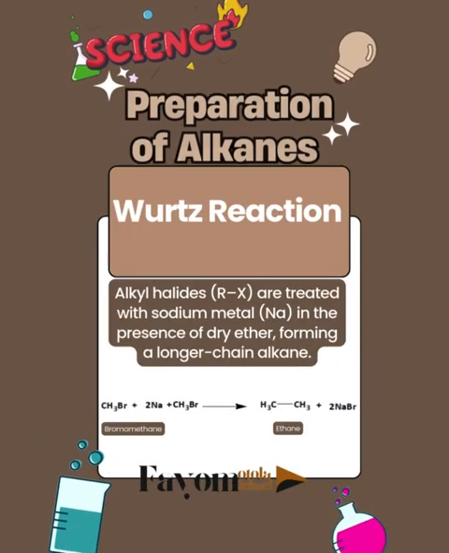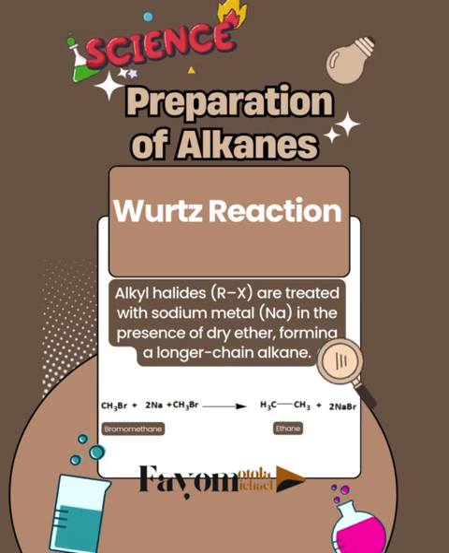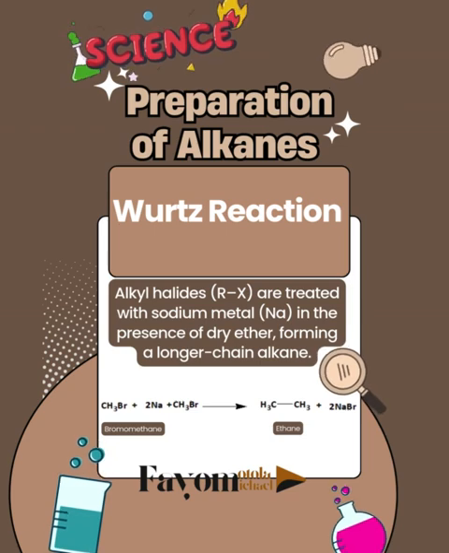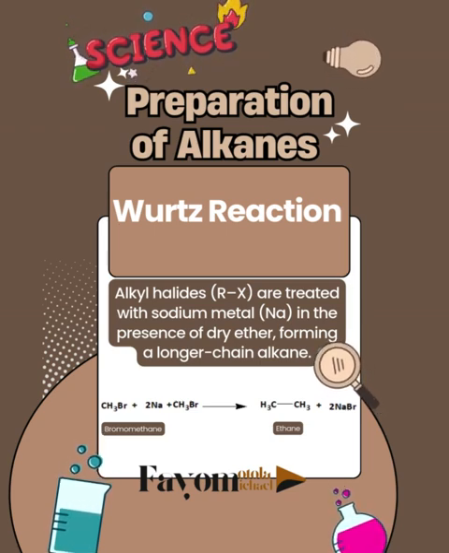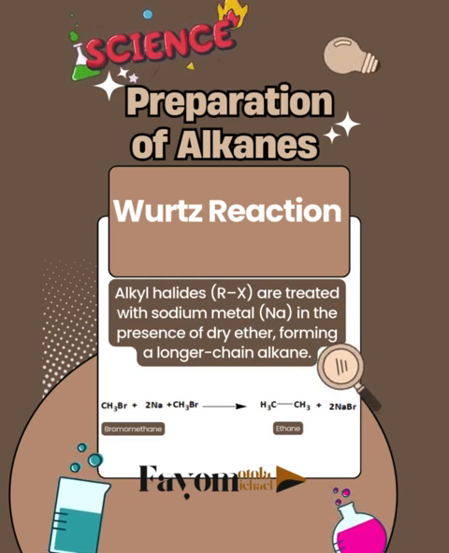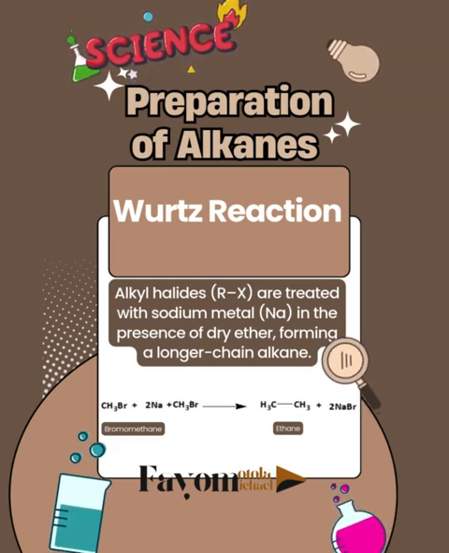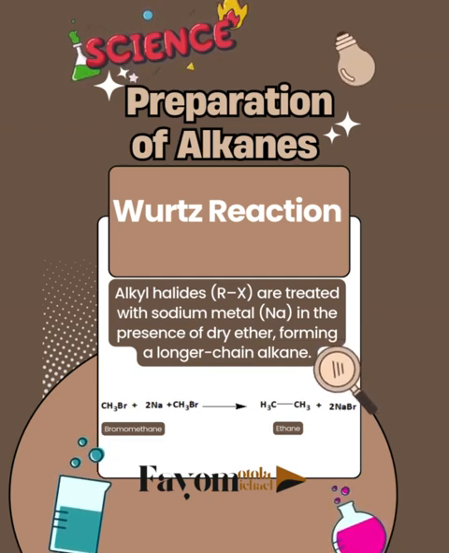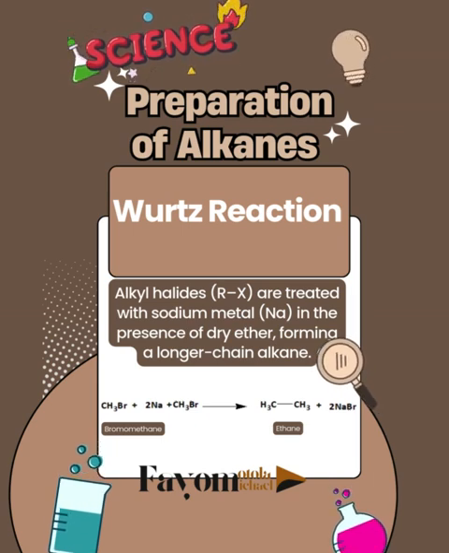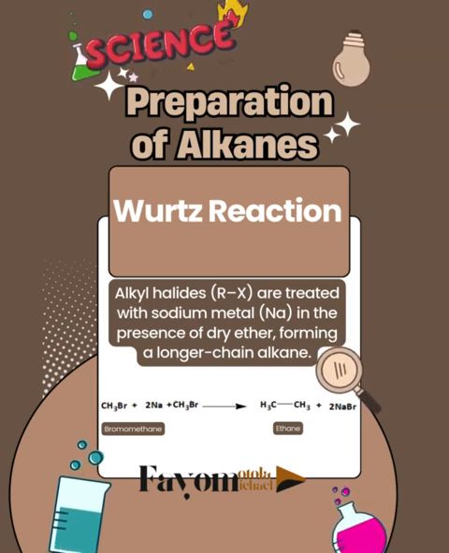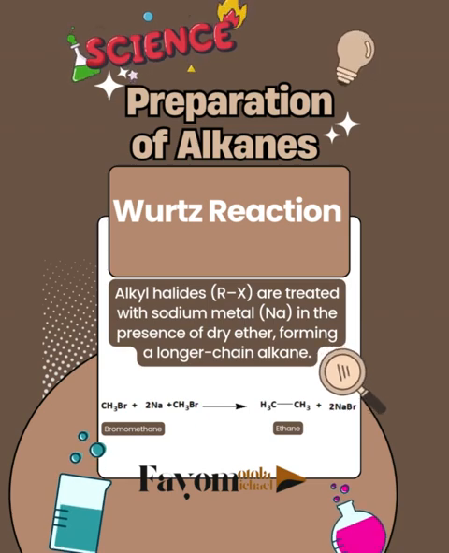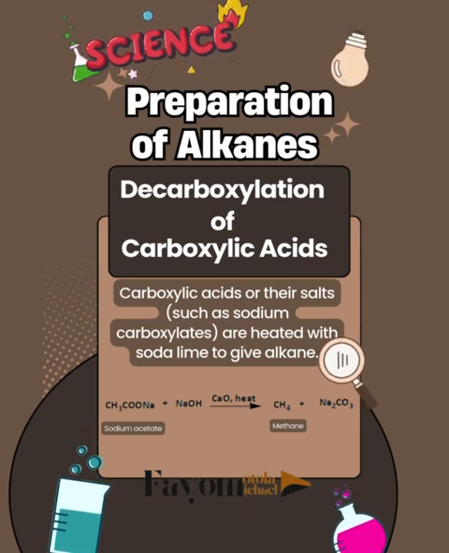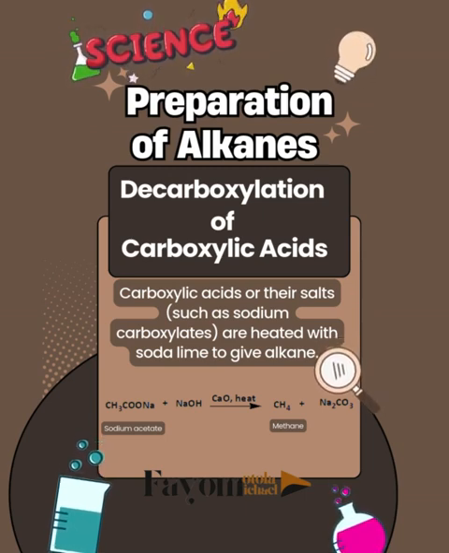Another reaction is Wurtz reaction. In this method, the alkyl halides are treated with sodium metal in the presence of dry ether, resulting in the formation of a longer chain alkane. The reaction involves the coupling of two alkyl groups, like for example, the reaction of bromomethane to give ethane. The third is the decarboxylation of carboxylic acid, where the carboxylic acid or the salt of